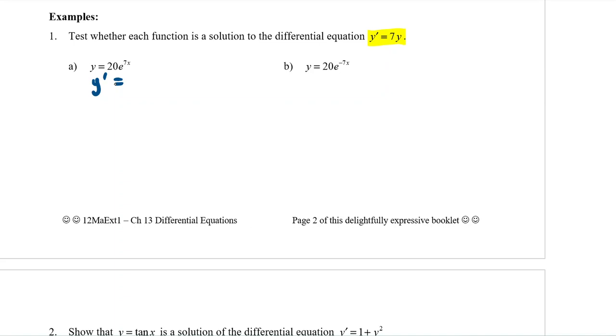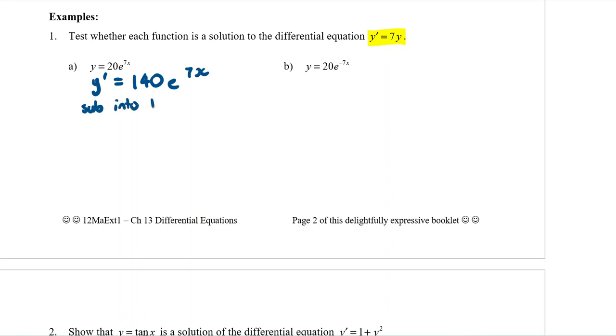So you're doing the 7 times the 20 because the 7 from the top comes down. So it would be 140 e to the 7x. The power of an exponential never changes, but when you differentiate, the 7 will come down the front. Now, to sub it in,